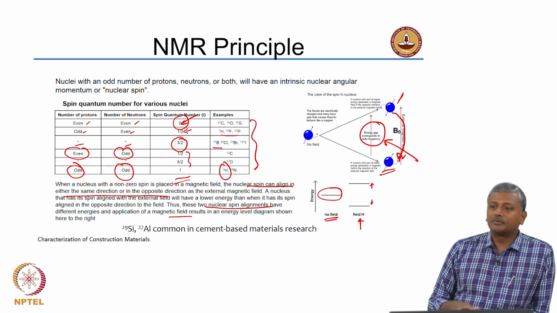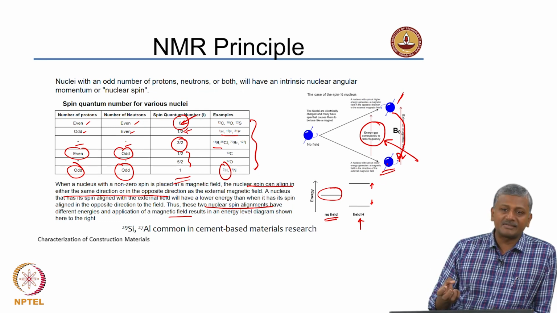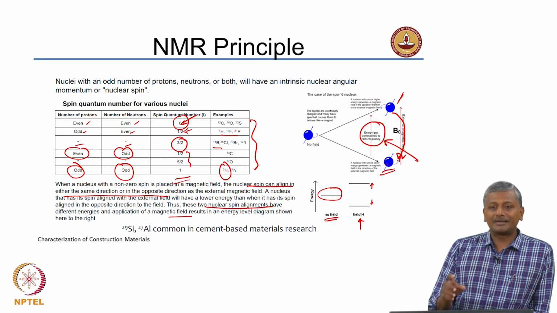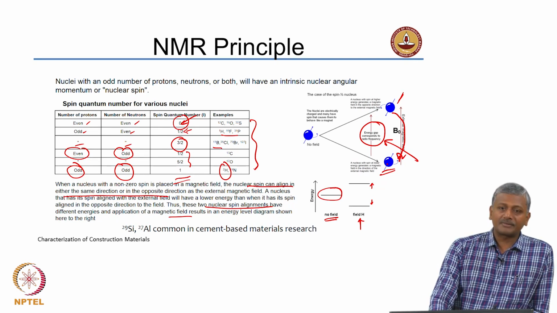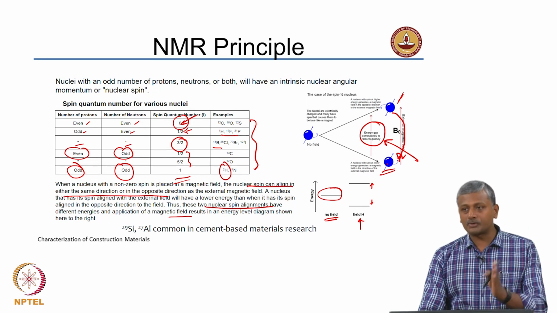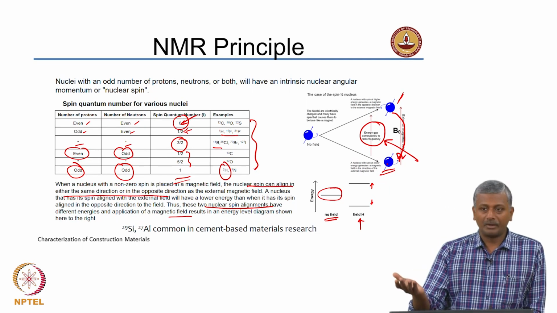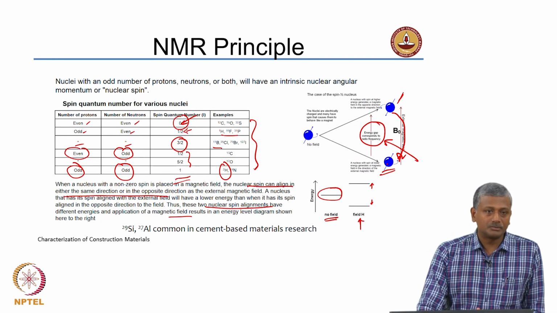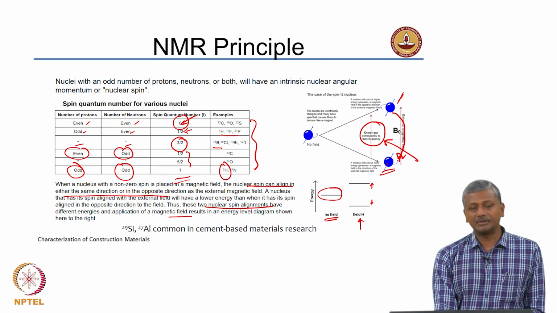Based on that, the radio frequencies that are generated or absorbed in that magnetic field are then analyzed to detect the presence of the elemental species, and in the medical imaging case, the spectrograph is then converted into an image. For example, if your bone density is low, or if you have had a fracture in your bone or a tear in your muscle, even that can be imaged quite easily with an MRI scan.